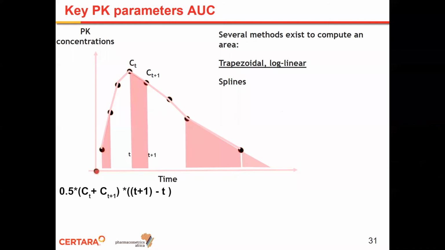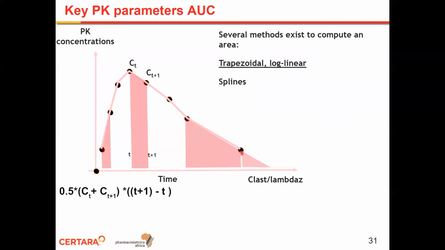Usually in NCA, unlike POP-PK, we want to add this point, time zero concentration equals 0 by definition for extravascular administration, because we want to compute this first area. We don't want to miss this area at the beginning of the profile. And we do this trapezoid up to the last point. So that will give us the AUC